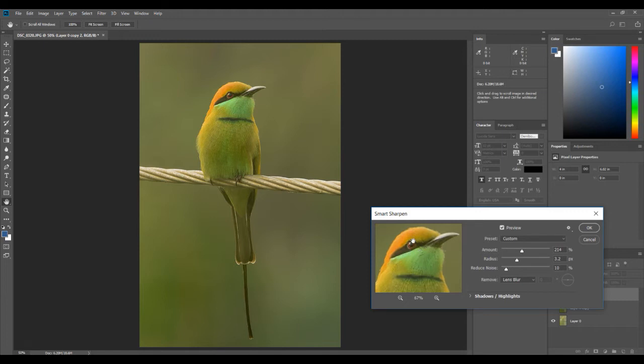If I press my mouse button here, you can see it's going to show me what is before, and if I release it, it's going to show me the effect of the sharpening. With this much amount we're getting our image like this. What I suggest you do is pull the sliders all back, especially the amount and radius, which are very important. Right now you can see there's no effect, and I always recommend just go by your eye. Don't push it too far. If I do this, it starts to get a very unnatural look, so of course we're not going to do that. You can decrease the radius a bit,